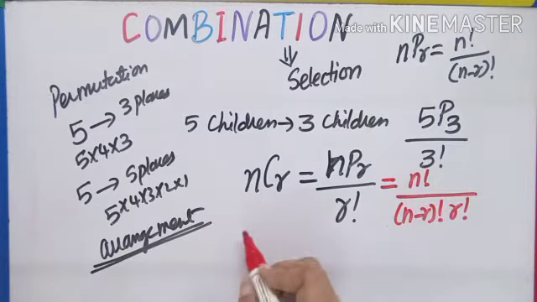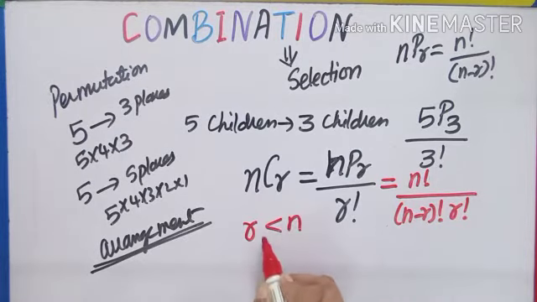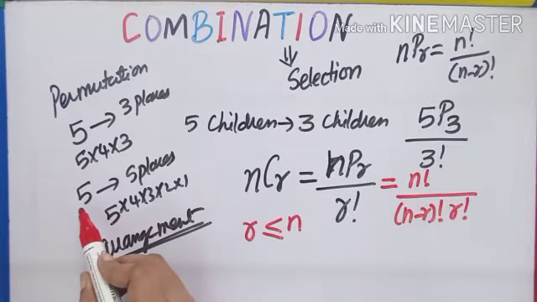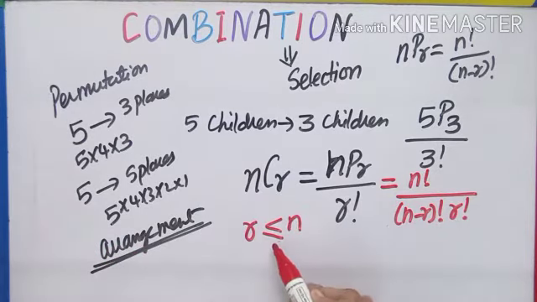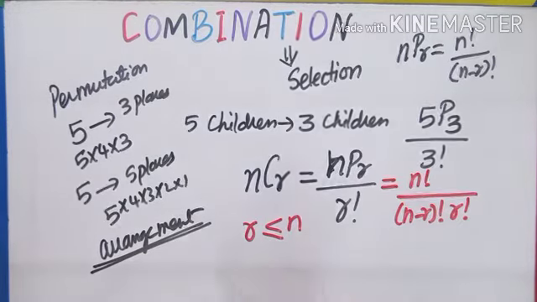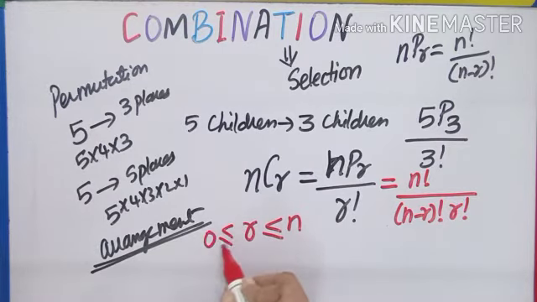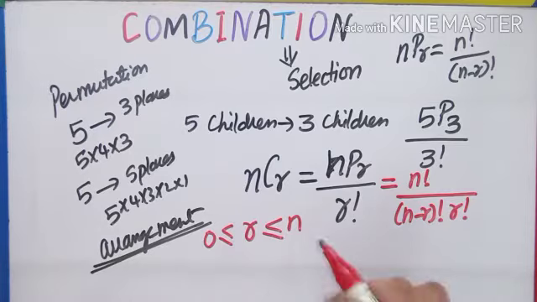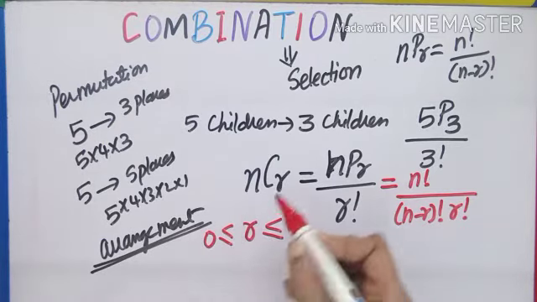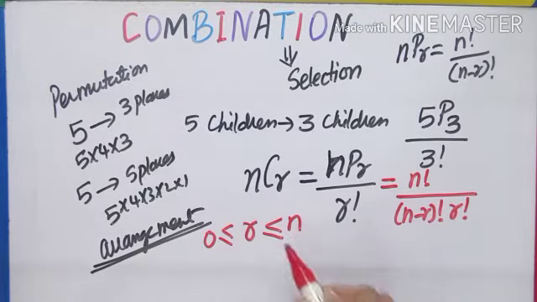Always remember, r should be below n or equal to n. See, there are 5 children. I can say all of you come. That is, from 5 children, I select 5 children. So, r can be at the maximum equal to n. There are 5 children. Can you say minus 1 children come? No. So, r should be more than or equal to 0. If I am not selecting anyone, r is 0. If I select 1 or 2 or 3, r will be 0 and above. But below n. Remember that maximum it can be equal to n.